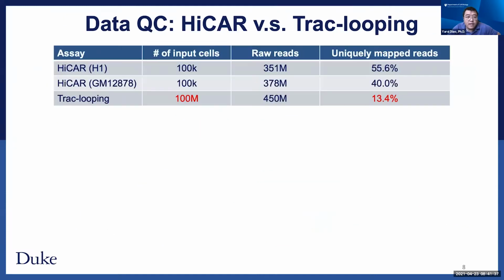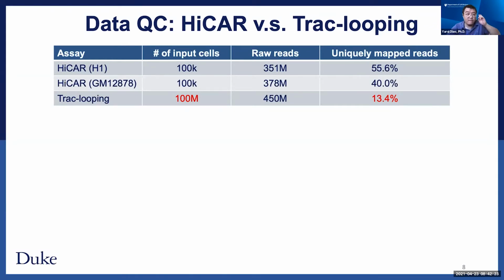So this is good. And next, we want to do further data QC analysis and compare HiCAR to Trac-looping. So we also generated a HiCAR library using the GM LCL cell line. And it's worth noting that for the HiCAR protocol, we only require 100,000 cells as input. I think that's largely due to the high sensitivity of Tn5. It's kind of surprising that in the Trac-looping paper, each library requires about 100 million reads. So we just chose two HiCAR libraries and one Trac-looping library that are sequenced to similar sequencing depths,